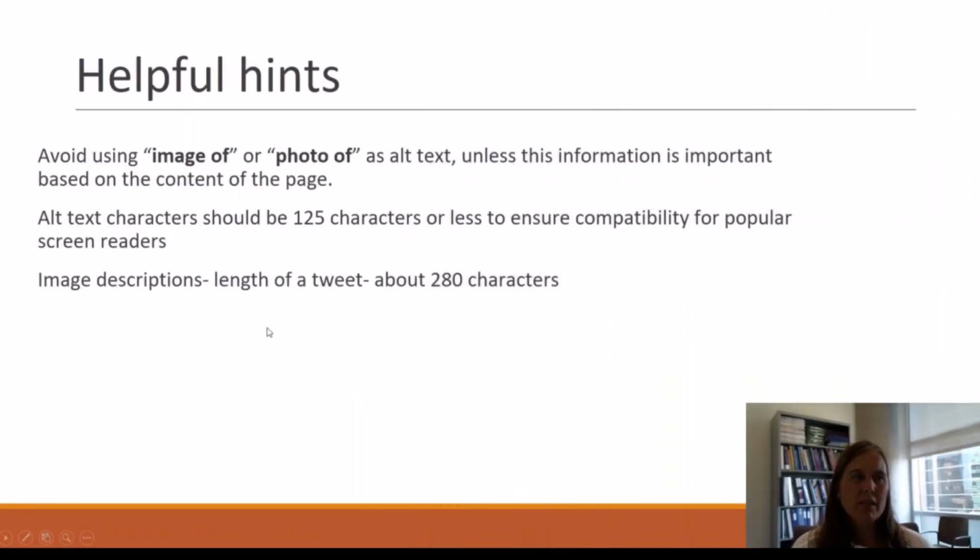A few final helpful hints. Avoid using image of or photo of as alt text unless this information is important based on the content of the page. The screen readers aren't going to say image of or photo of, so if you type that in too, it's going to say it twice. Image of, image of. For alt text characters, you should shoot for 125 characters or less to ensure compatibility with popular screen readers. So 125 characters or less. If you're doing an image description, think about the length of a tweet. You can go up to about 280 characters, but it still should be succinct and just enough details to